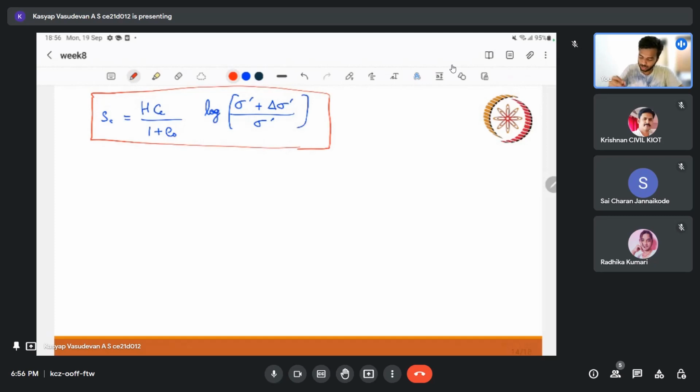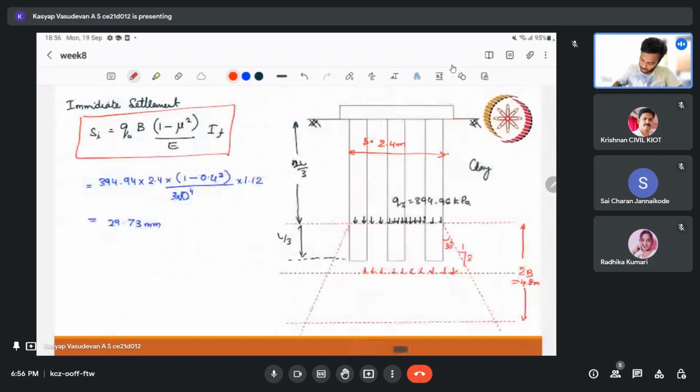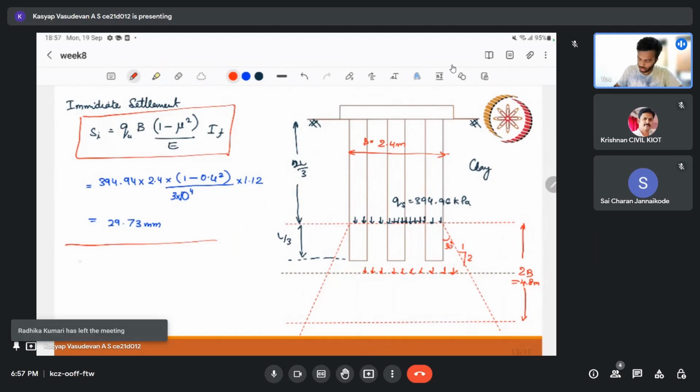So we can easily substitute. We have the ingredients, I think so. No, we need to find the stresses. So let us find. Can we find it here? Okay, here we can do. So what is the overburden pressure at the level? So we have initial overburden pressure as